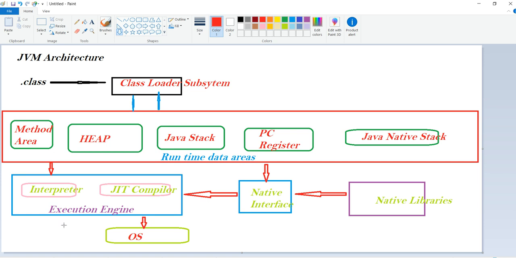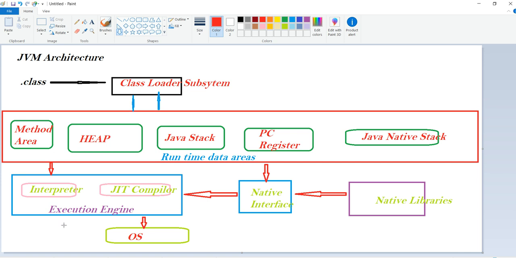Both parts are responsible for executing the code in parallel, reducing the execution time and thereby improving the performance of the application. We already saw this in the features. Both the interpreter and the JIT compiler execute in parallel to reduce time and improve performance.